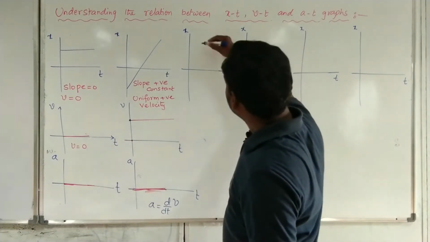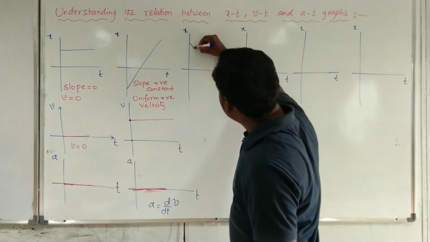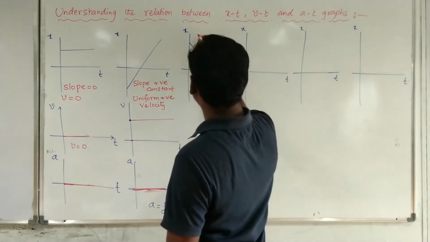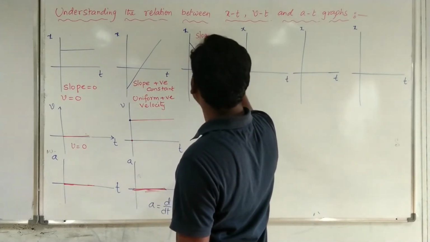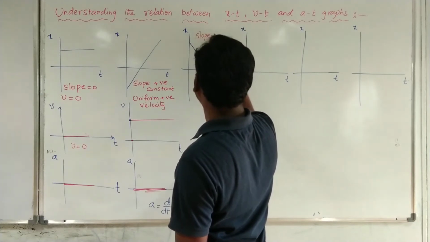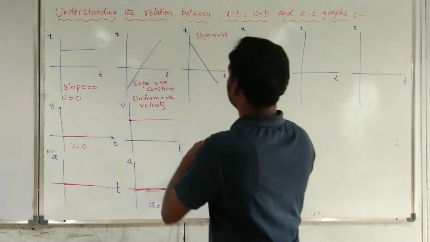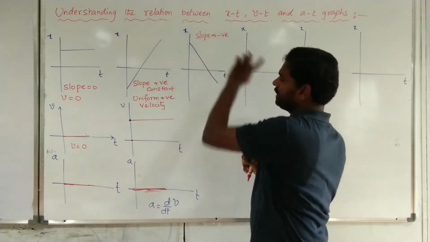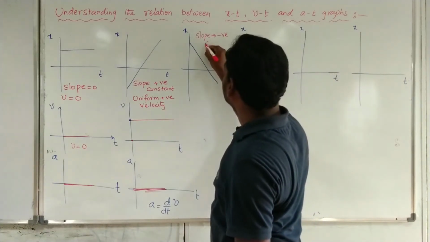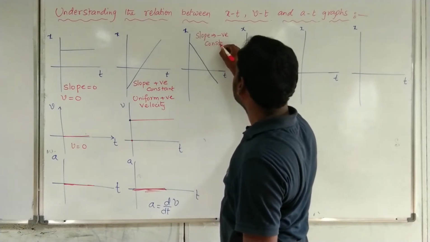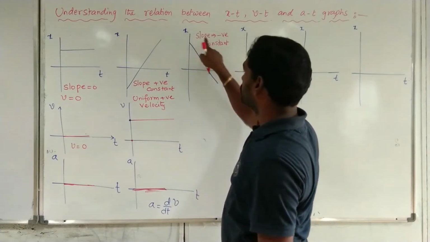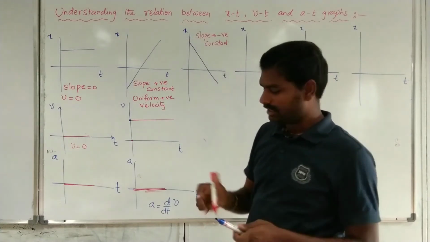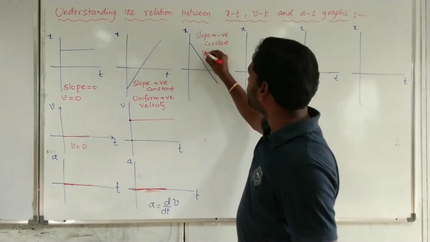Next, another case. Let us consider the xt graph is like this. Here, the slope is negative because the position is decreasing with respect to time. So, slope is negative and constant. The slope of the xt graph is nothing but velocity. So, velocity is constant